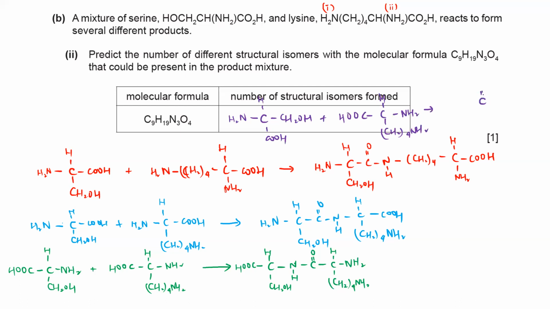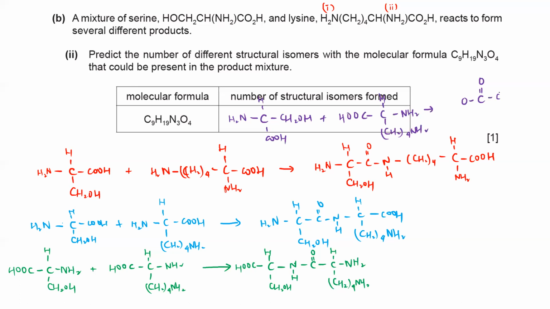Let me display the functional group first so that you can see the functional group clearly. And I have C. Oh, so sorry, it's the other way around. Let me just erase this. The CO is supposed to be from lysine. Right, CO from lysine and O from